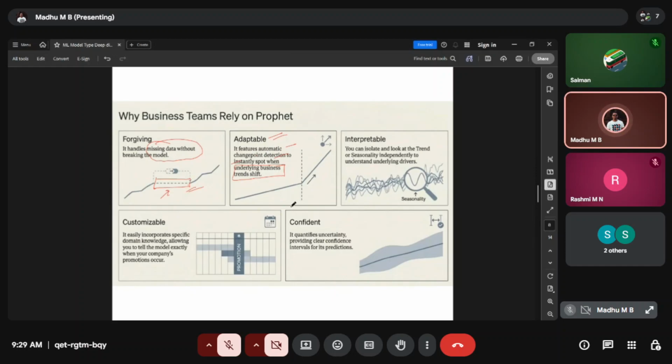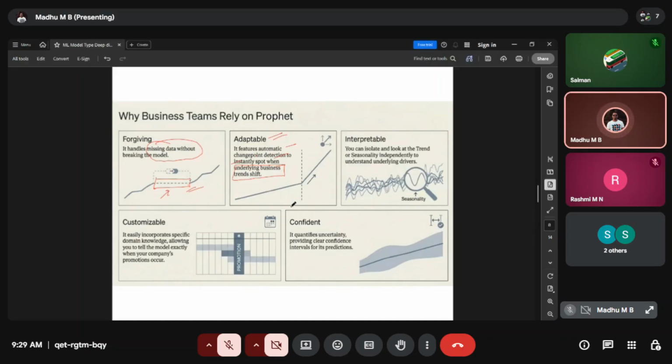Let's take an example of energy consumption, right? So a certain group of customers are using energy in a certain way. It could be a medium usage, and slowly the same consumer is utilizing much higher energy. So this is a shift from lower energy consumption to higher energy consumption.